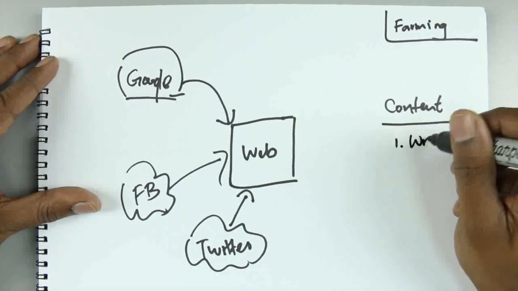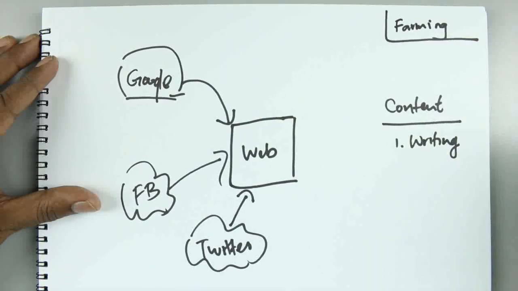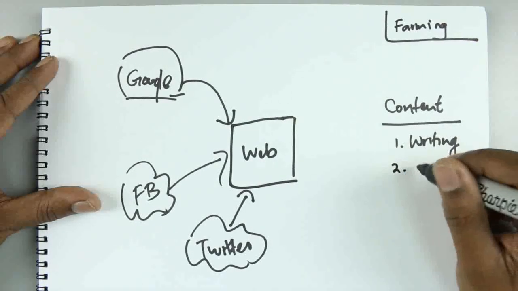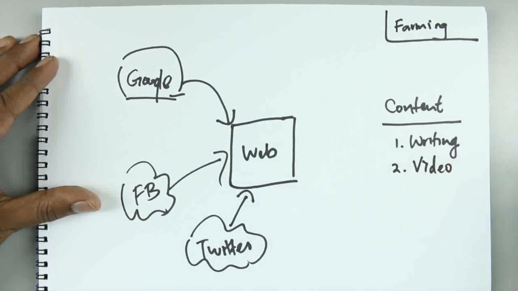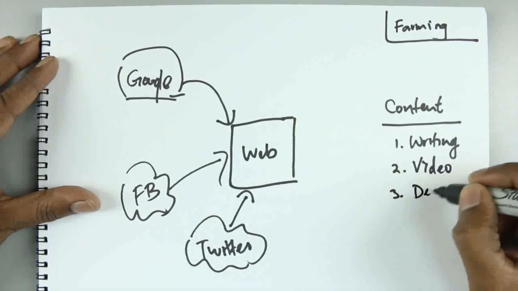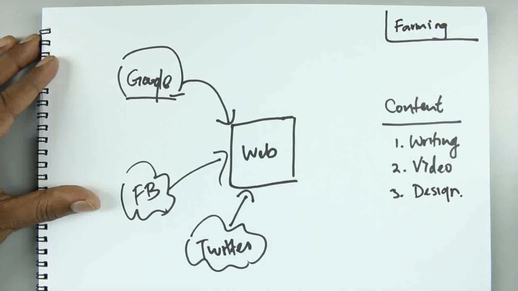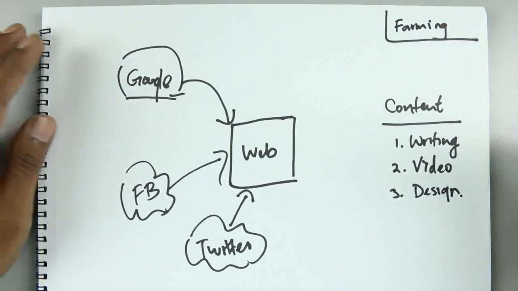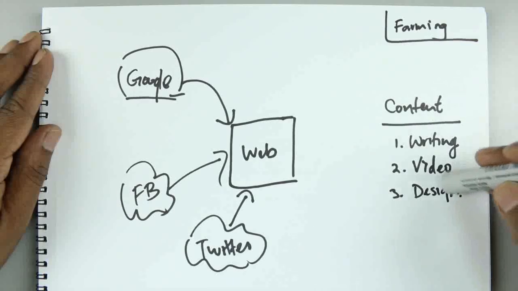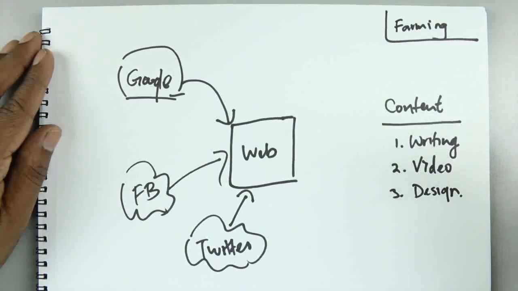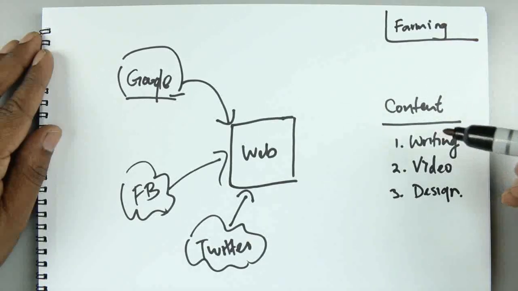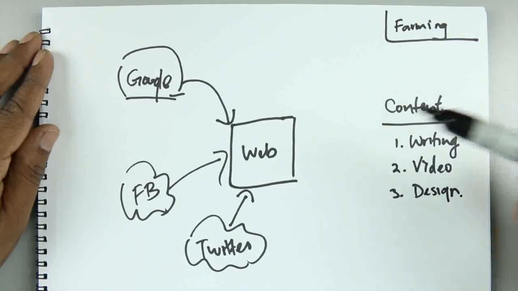Skills like writing, and if the content is video based, you need some video editing skills. If the content is more on designing something, graphics, then you need design skills. Now, most people have some sort of writing skill. If you can write proper English, or at least proper in whatever language, then you have some writing skills that you can eventually hone and perfect to make it more interesting. But then you need the source of the content. You need content that is relevant, that is fresh, in order to keep growing.